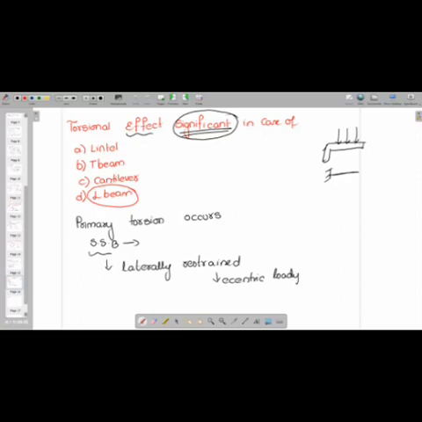Is it designed for primary torsion or secondary torsion? Sir, this is eccentric loading, lateral restraint. If there is no eccentric loading, actually movement won't be there. If you consider a symmetric loading, the load will be like this, and then it will be subjected only to tension. If you consider a simply supported beam, it will be subjected to a transverse load like this, and then it will be subjected to torsion like this. Are you getting me?